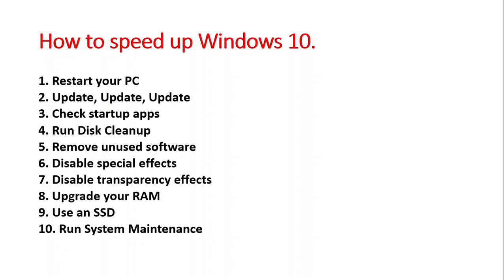Few people will not shut down their PC. Few people will keep their PC on for 2 days or 3 days or even maybe 4 weeks. This slows down your PC. If you keep your PC running continuously for 2 to 3 days, the Windows may go into sleep mode, but the programs which you have opened previously will keep running behind the screen, while your Windows screen goes into sleep mode. Even this makes your PC slow.